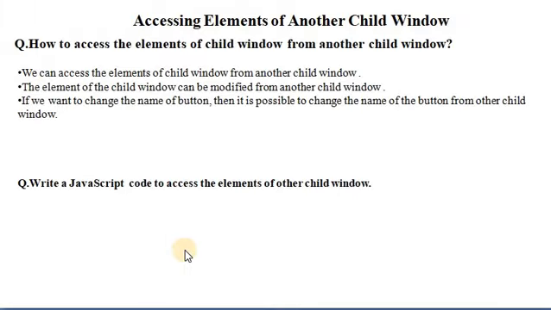This is all about today's lecture. In this lecture, we learned about frames: how to create a frame, how to make the border of a frame invisible, how to call a child window, how to change the content and focus of a child window, and how to access the elements of another child window. This means the 5th chapter, regular expression and frames, is over here, and in the next lecture we will discuss rollover: how to create a rollover, what is meant by text rollover, multiple actions for the rollover, and more efficient use of rollover.